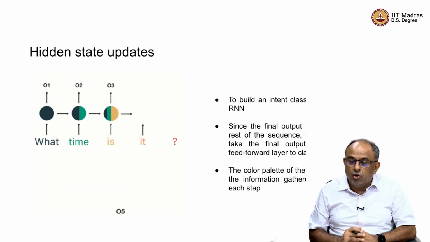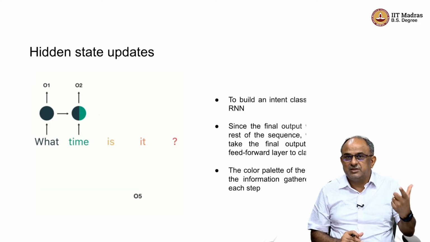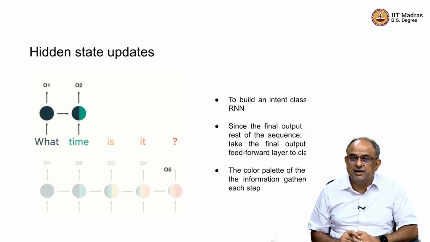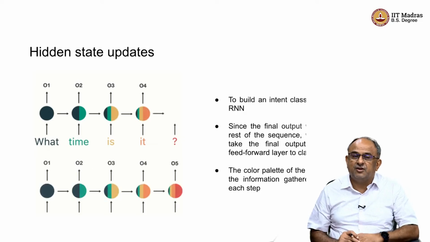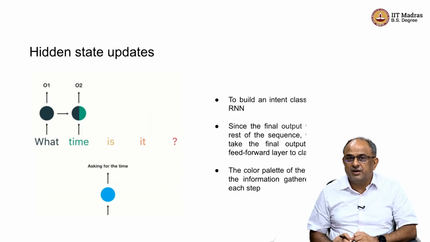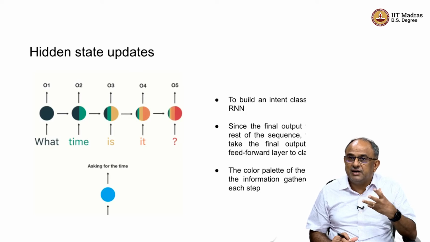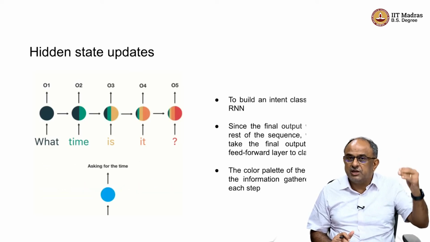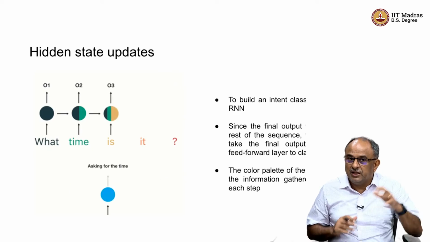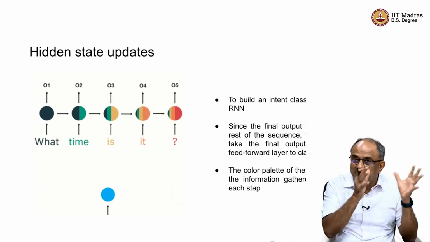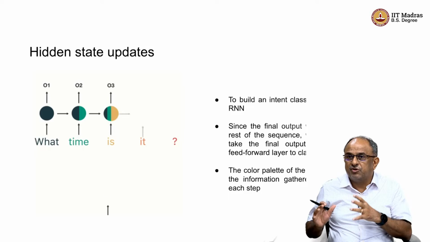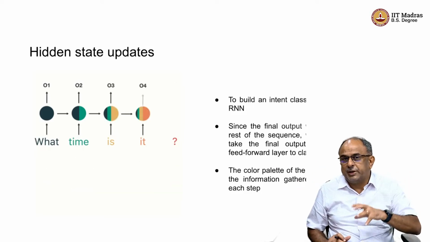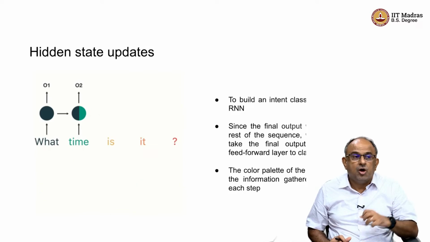Now, it should know what to do with that particular text. It has to know what is called the intent of the person, why he is asking, because I can ask anything: who is the Prime Minister of this country, what is the weather, and for each one of them it has to search appropriately. When I am asking about time, it knows that and goes into the domain of time. That is the intent. If I am trying to find out the weather, it finds that the intent is to get some weather information, or for who is the Prime Minister, the intent is to find some general knowledge, or play